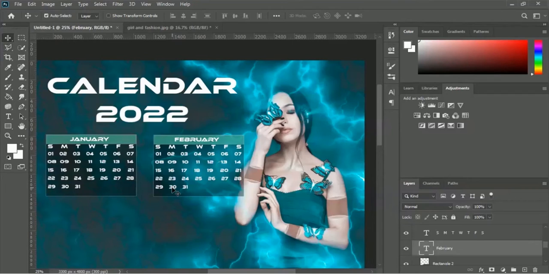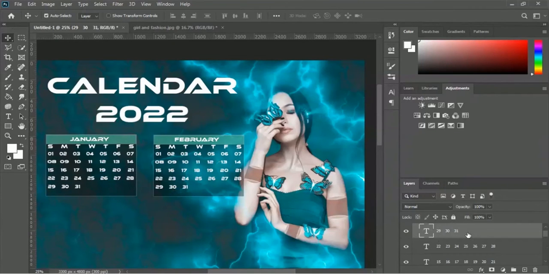Let's select the last line, and here is the layers is selected, and now we will use the type tool. So here is the type tool, and we have to remove these 30 and 31 dates. So after selecting the 30 and 31 dates, we have to delete these dates, and therefore you can press the delete button from your keyboard. So let me click on the tick mark, and now we have to scale 29 date